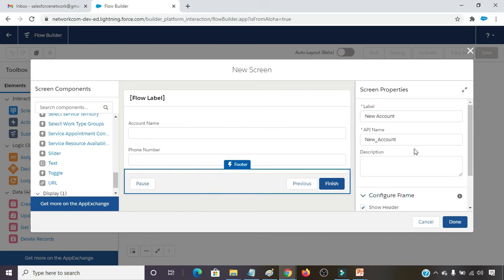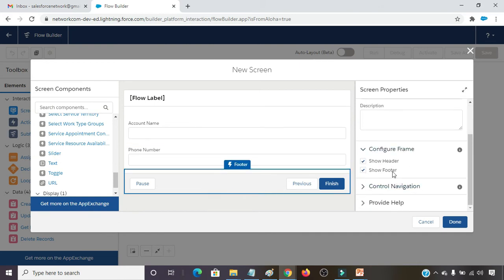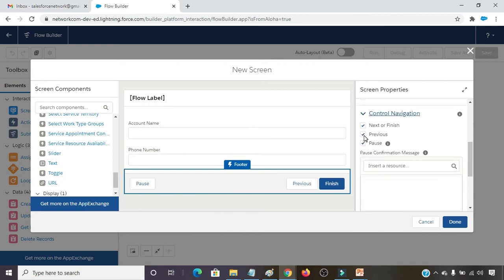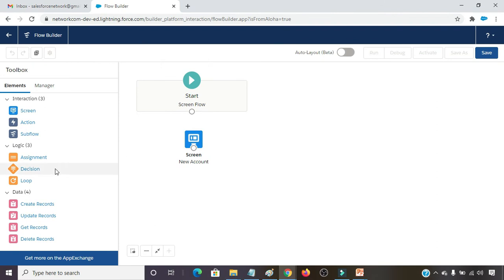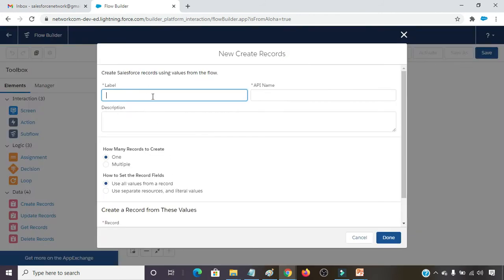Select the footer. In the control navigation, deselect previous and pause. Click done. Now from the toolbox, drag the create record and provide the name create account.